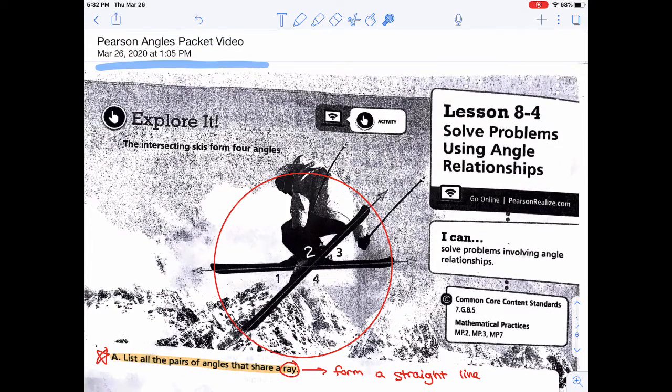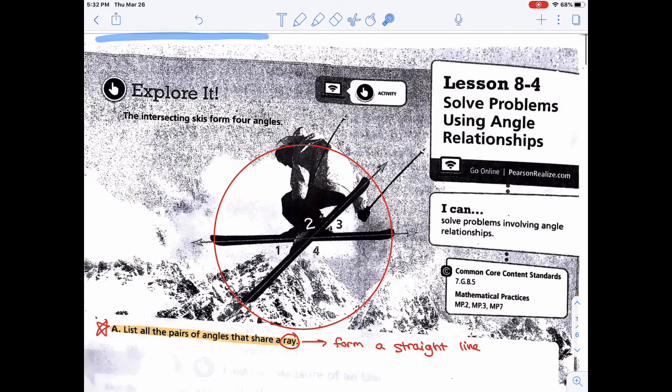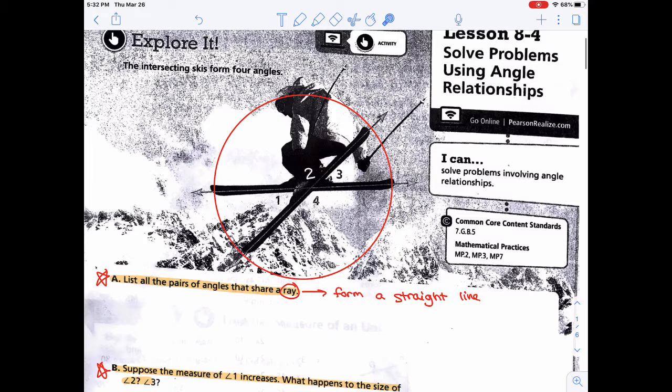So this is going to be the Pearson angles packet. It will be attached to this video as well, but all we're going to do is learn about angles and apply what you just learned about solving equations to that. So to start off here, we have a skier, and I went ahead and drew this circle around